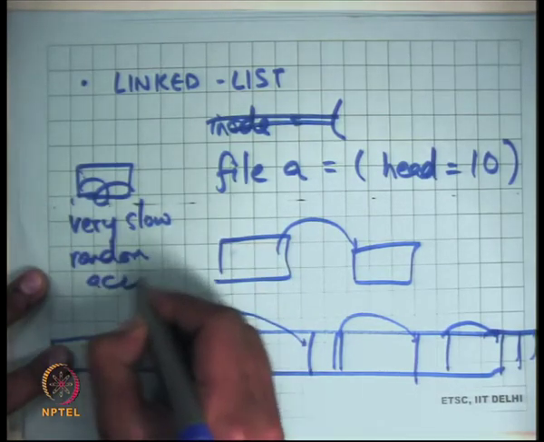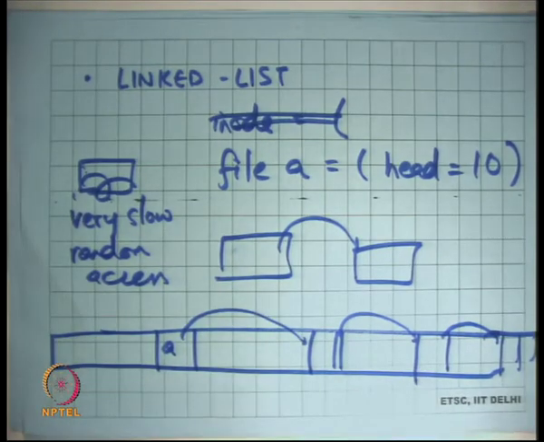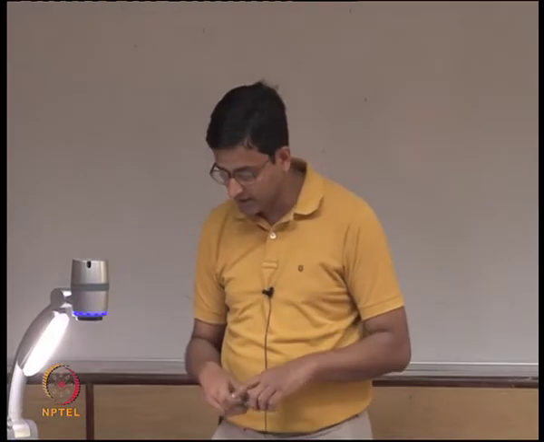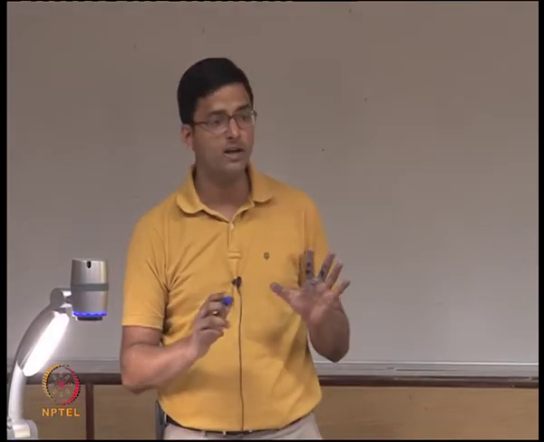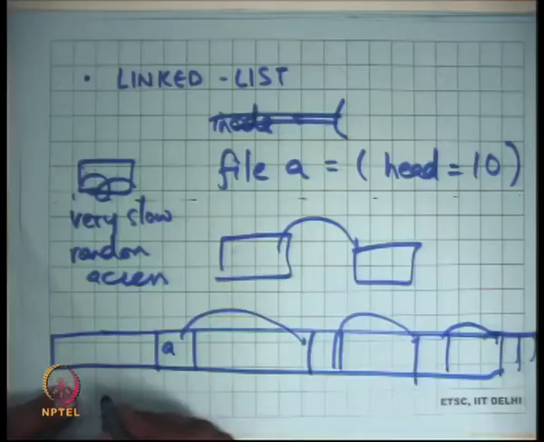Also, sequential access is also slow, right? Because now sequential access basically means that you have to do a lot of seeks, because you have it distributed all over. Okay, that's fine. And another important thing: apart from efficiency, the other thing you have to worry about in file systems is errors.